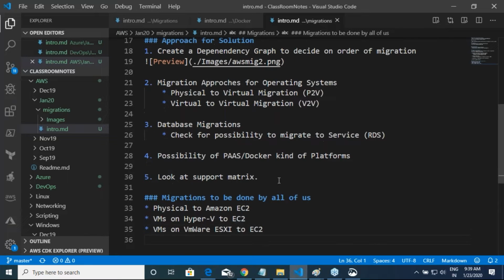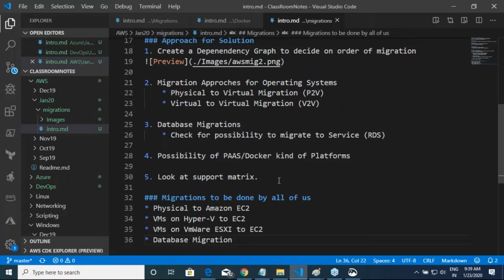I'm speaking about VMware ESXi, which requires vSphere, vCenter, and all that stuff. These are all V's. You would require a giant kind of server to achieve this. But in your organization, you will already have this. And then we will do one database migration.